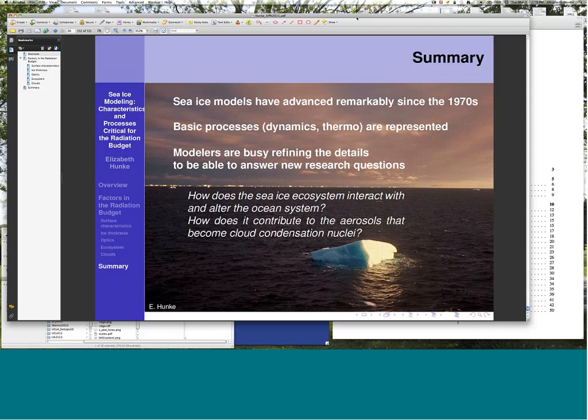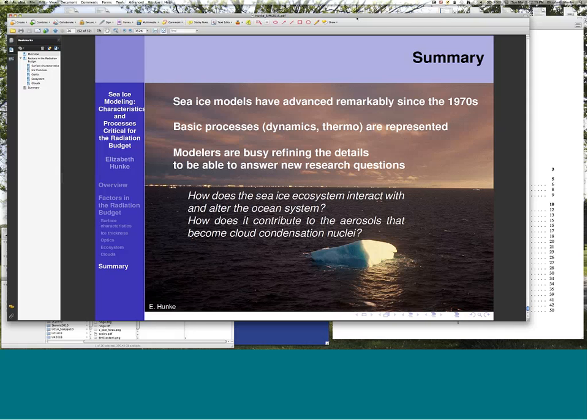Yes, we can do that in the model. It's much easier in the model than it is in the real world, because since we're doing all of those calculations individually in the model, we can just keep track of this change in the volume occurred because of this thermodynamic process, and this change in the volume occurred because of the dynamics. So we just track that in variables.